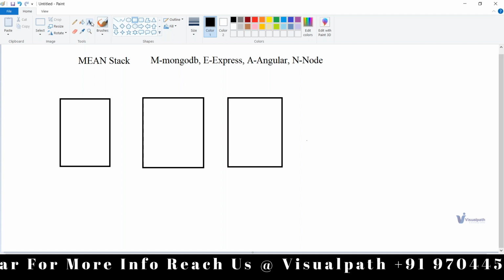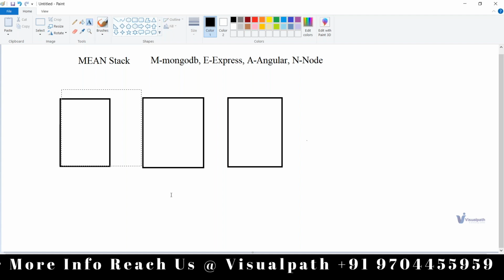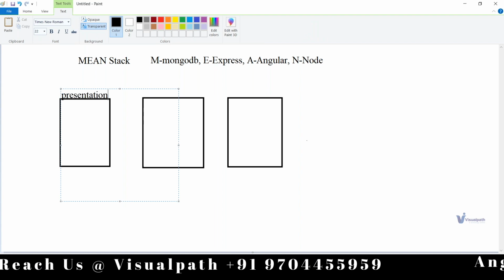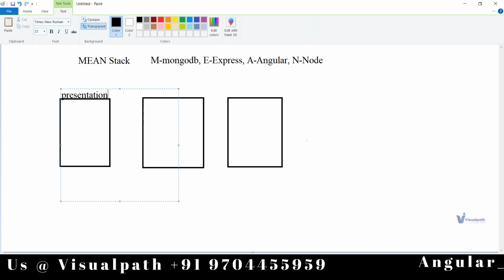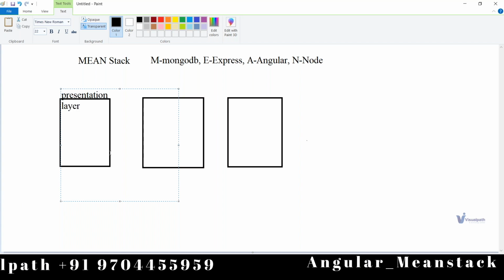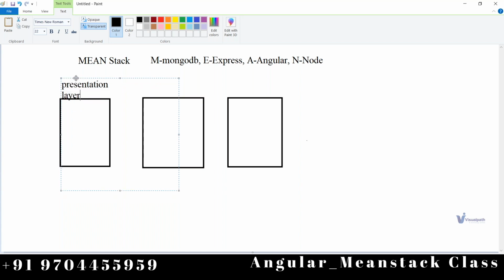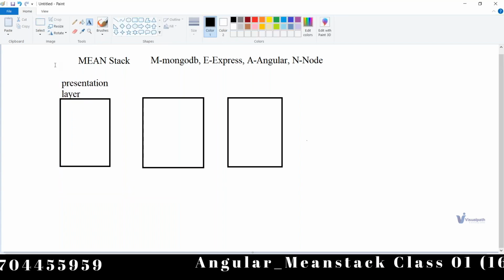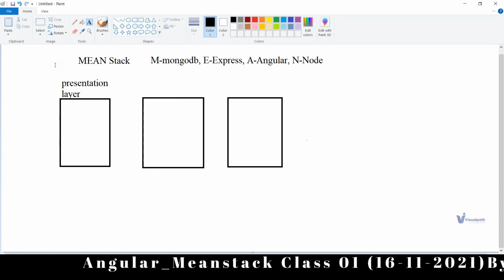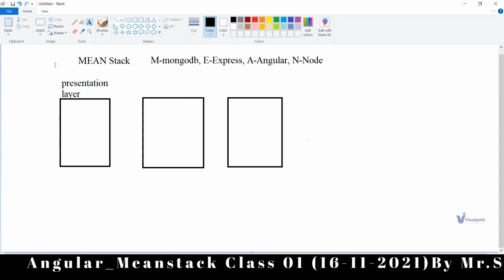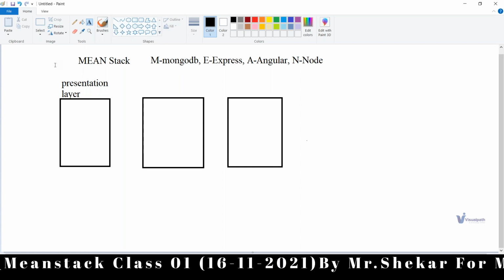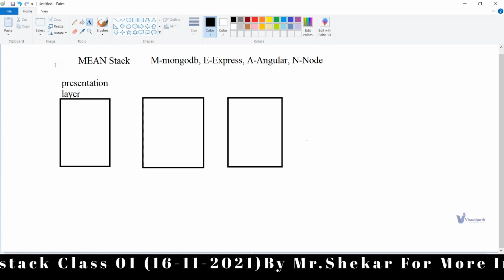Whenever we talk about the presentation layer, this is the one that is visible to the user. For example, take the Gmail application. How the data is stored in Gmail, how your data is transferred, what kind of code has been written for that, we can't see as a user.